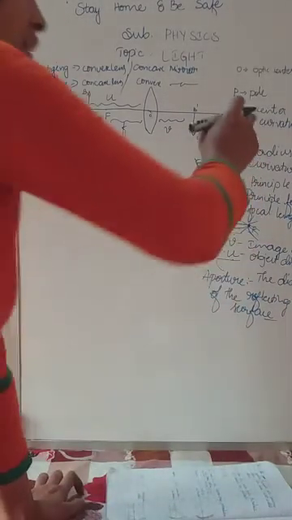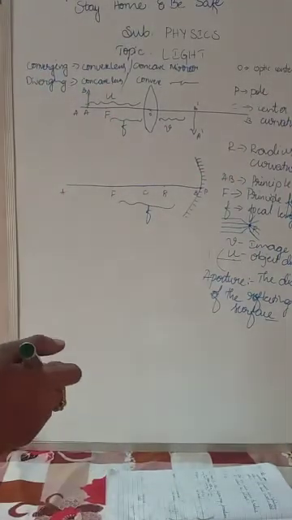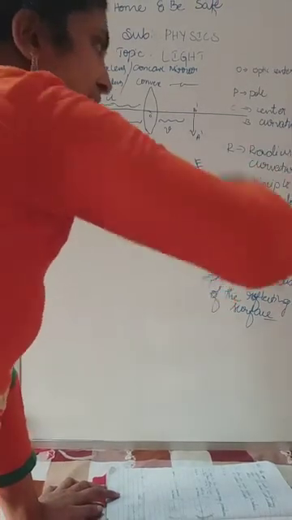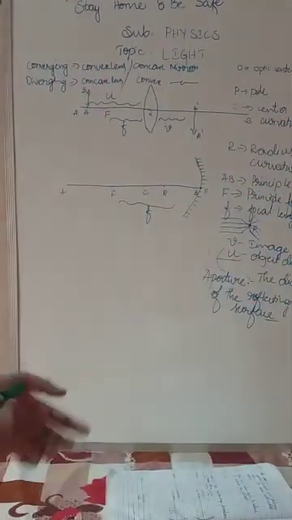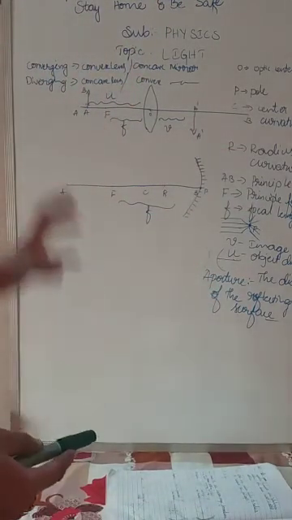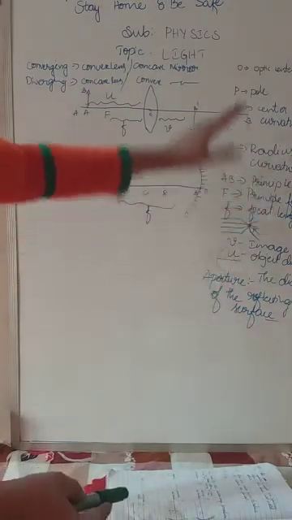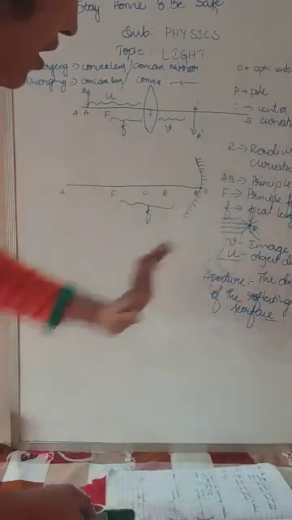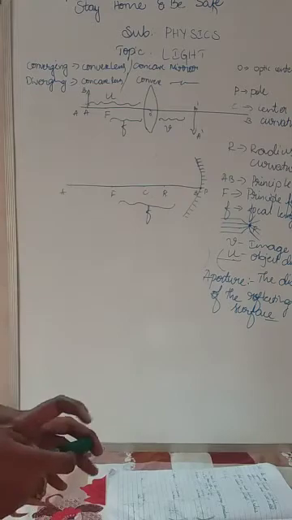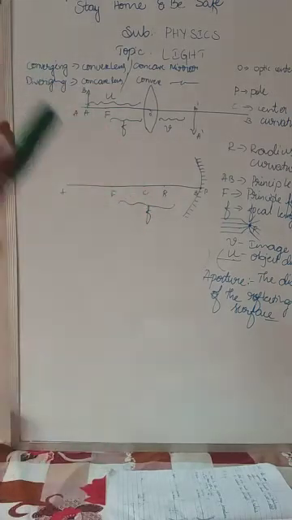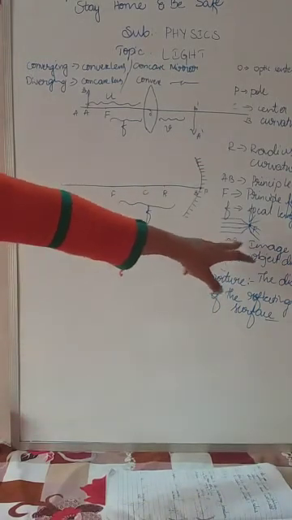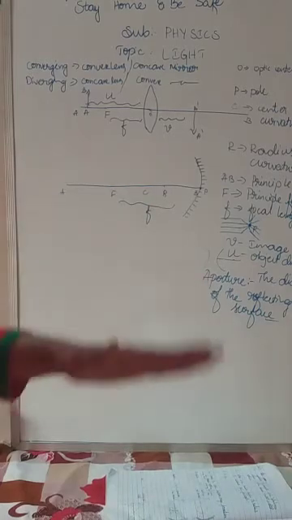So keep in mind, center of curvature means the center point of the reflecting surface. Radius of curvature means the radius of the reflecting surface. Aperture means the diameter of the reflecting surface. Almost the definitions are the same between the center of curvature, radius of curvature and the aperture. Only one word will be changed. You have to concentrate on that. So aperture means the diameter of the reflecting surface. Both have the same definition, only one word has changed.